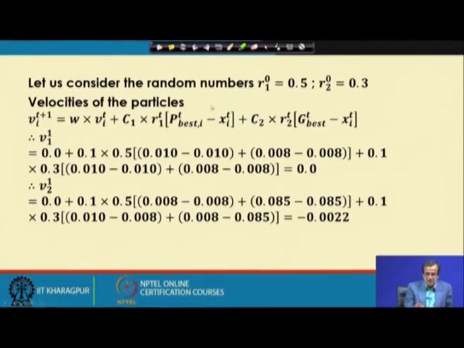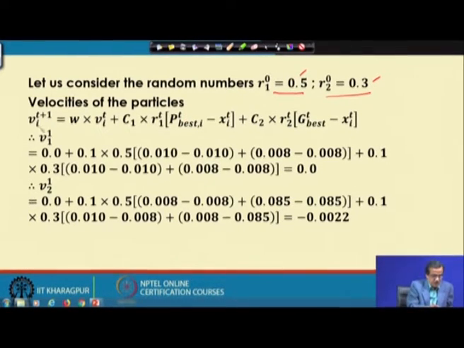Now, let us consider the random numbers r 1 with respect to 0 is nothing but 0.05 and r 2 with respect to 0 is nothing but 0.3. These values are selected at random using the random number generator.